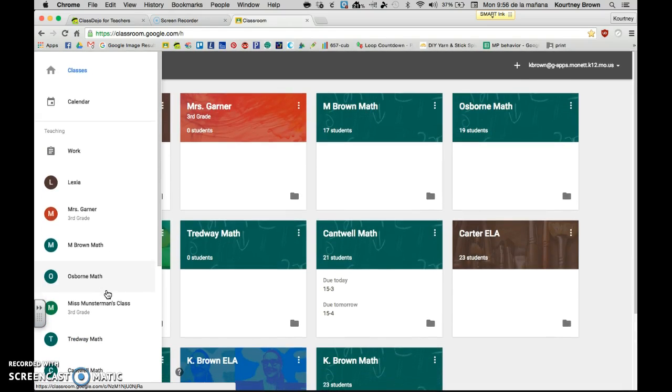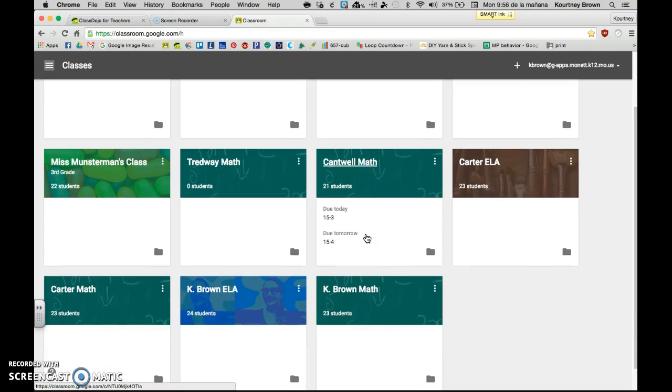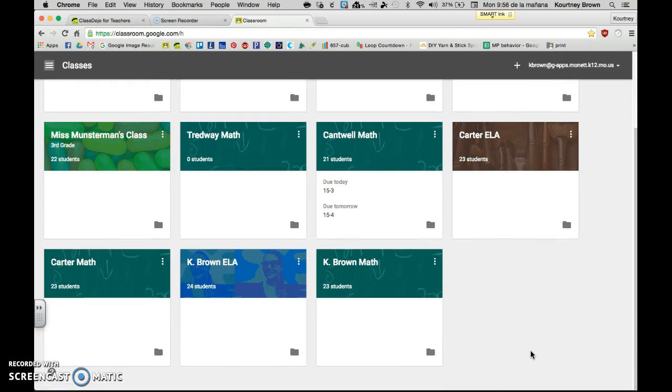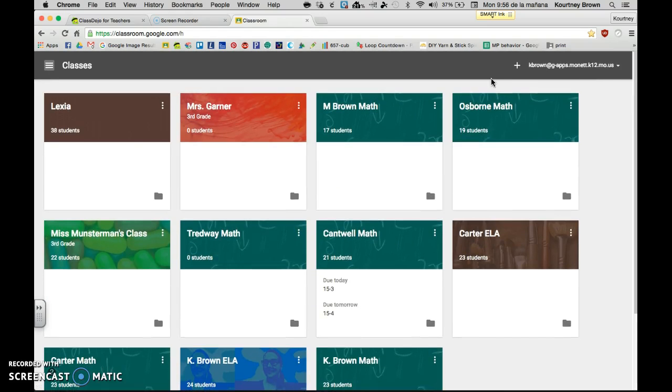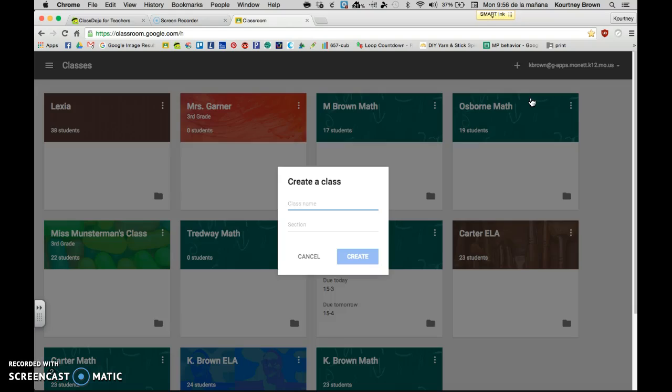As you can see, I have many classrooms, and that is because I am co-teacher on a lot of the classrooms. I actually only have two of my own. But the way you'll create a classroom is to make sure that you are signed in to your GApps school account. Google Classroom will only work with your school account, and you will create a class by clicking the plus sign. When you create the class, you'll give it a class name,